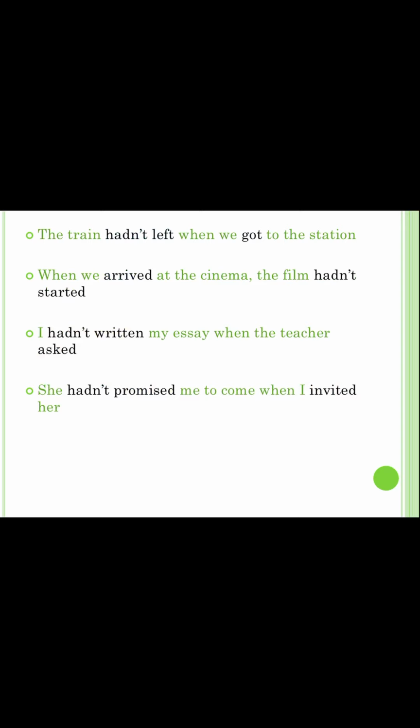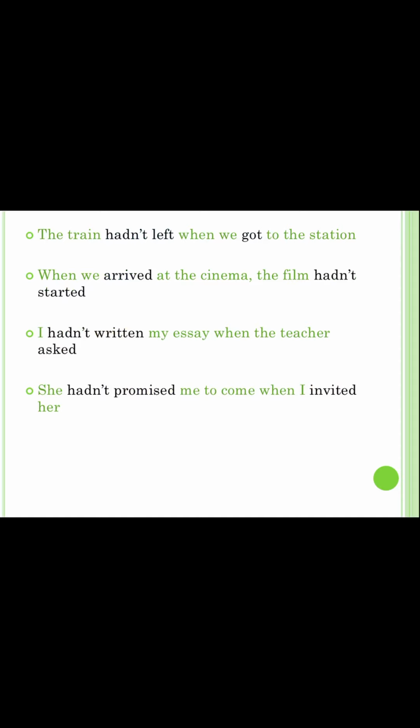Okay, to make the idea clearer, let's see these examples. The train had not left when we got to the station. So the train hadn't left when we got to the station. So we have subject, the train, hadn't plus verb 3. When we arrived at the cinema, the film hadn't started. So we just add not to the